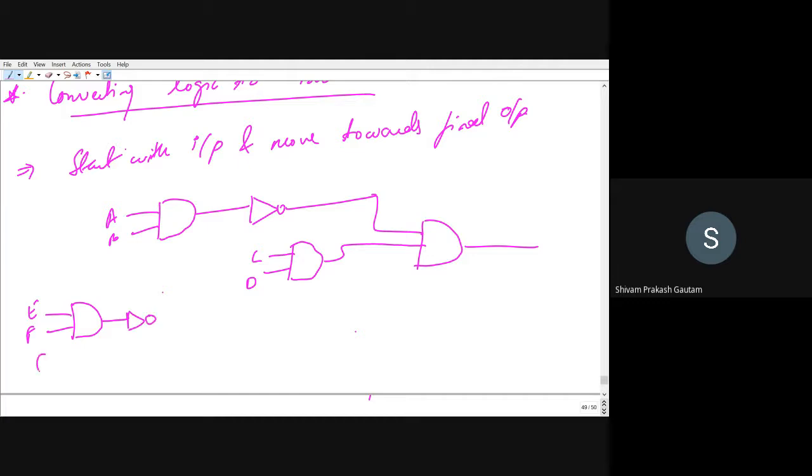And we are having another input G flowing to the inverter, and its output is flowing through an OR gate. Where in OR gate we are having, I can take it from here.